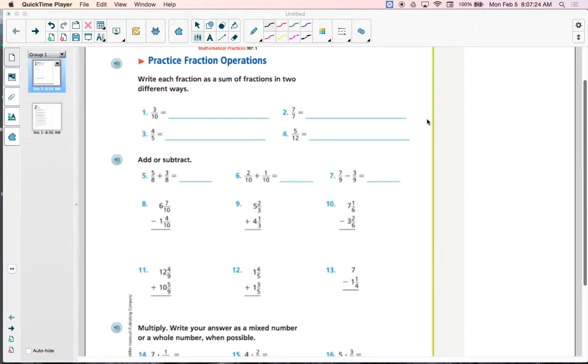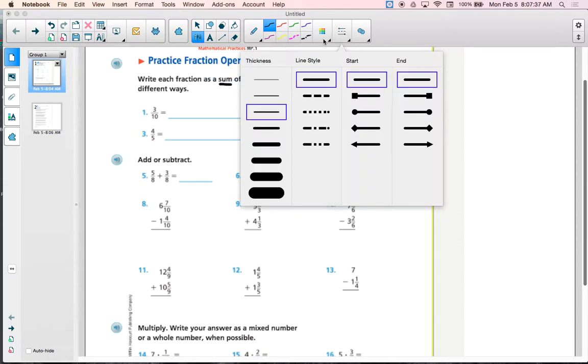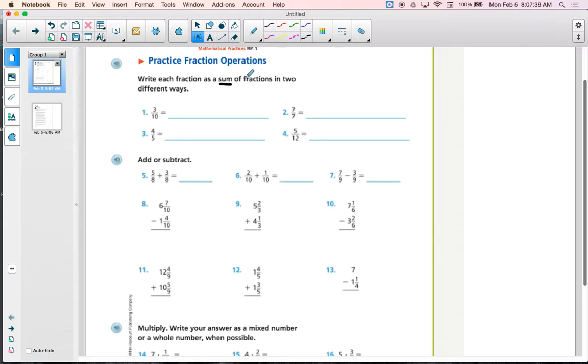All right, let's take a look at math lesson 6.9. It says write each fraction as a sum. So that's an important word. That means you need to add a sum of fractions in two different ways. So 3/10, we could write that as 2/10